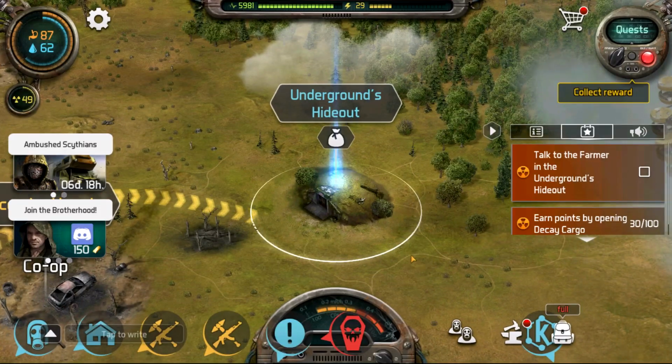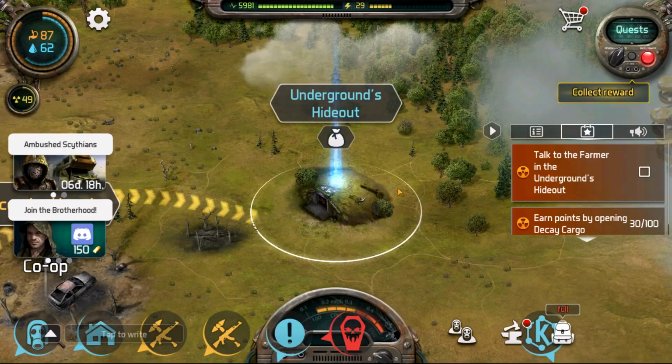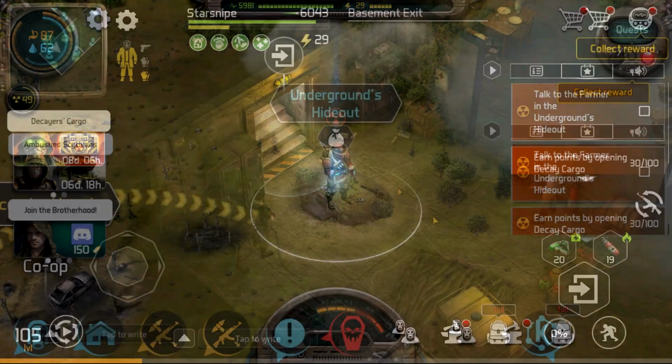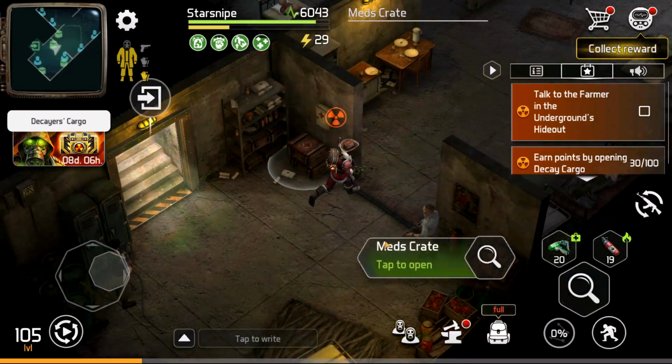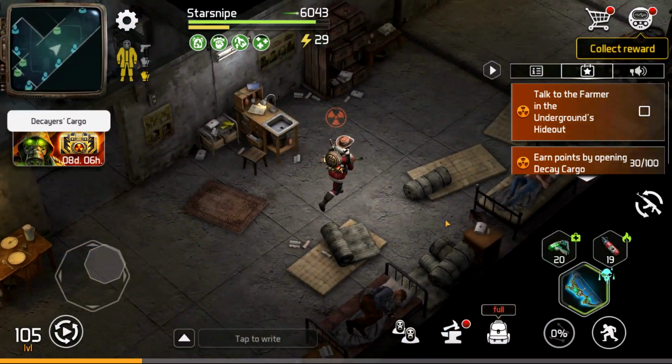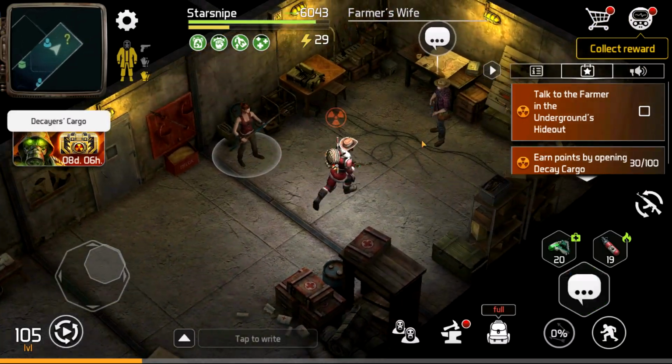We got to use 60 energy to run back to the hideout, talk to the farmer, and get a little bit of a debrief after all this insanity. And okie dokie, we have arrived in a significantly less violent place. We're back at the underground, and we got a meeting set up with none other than the